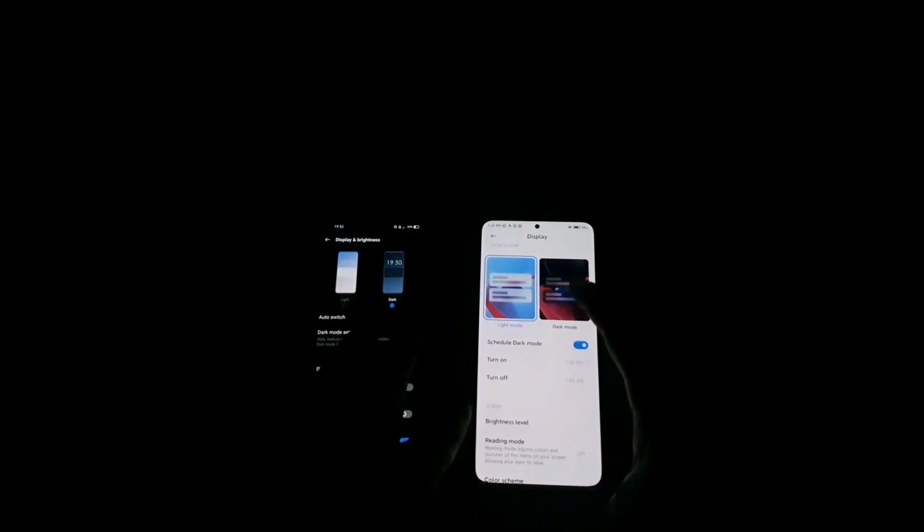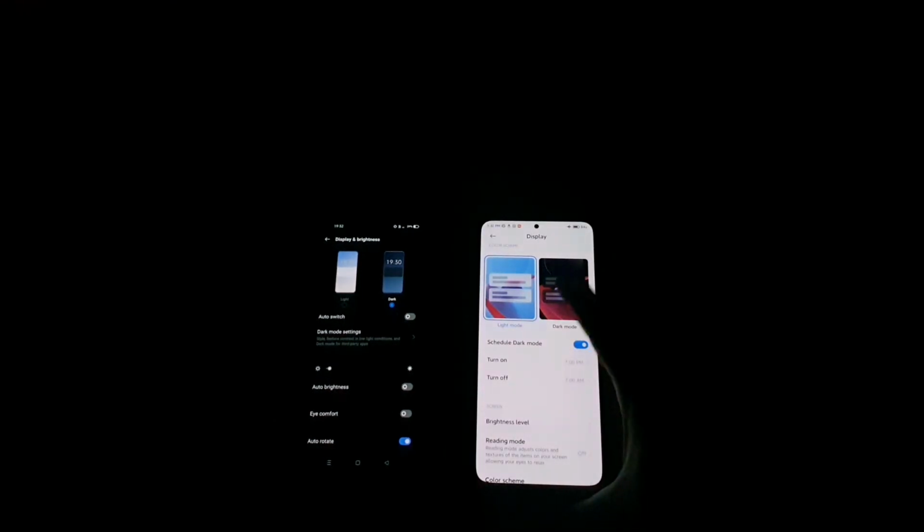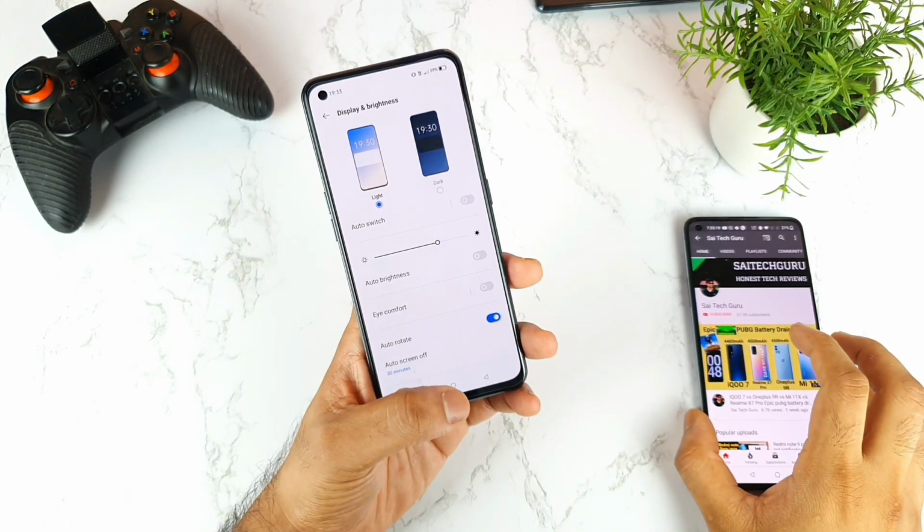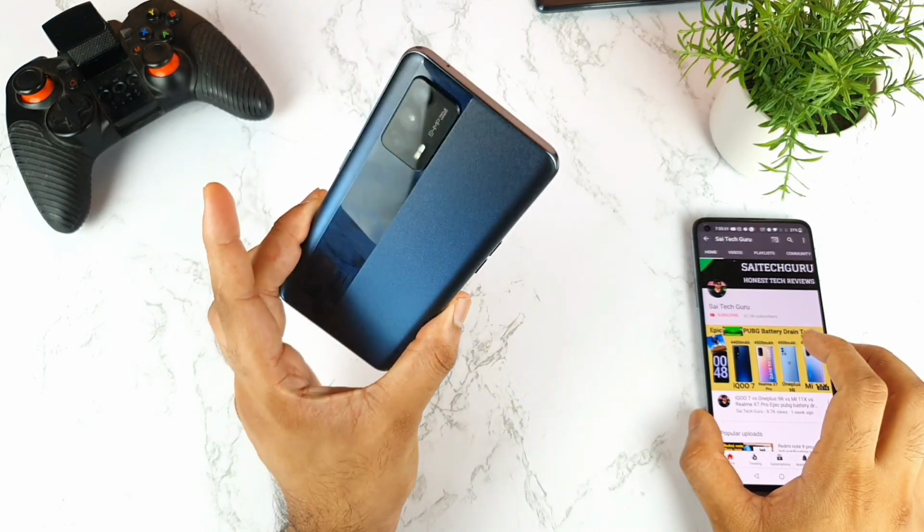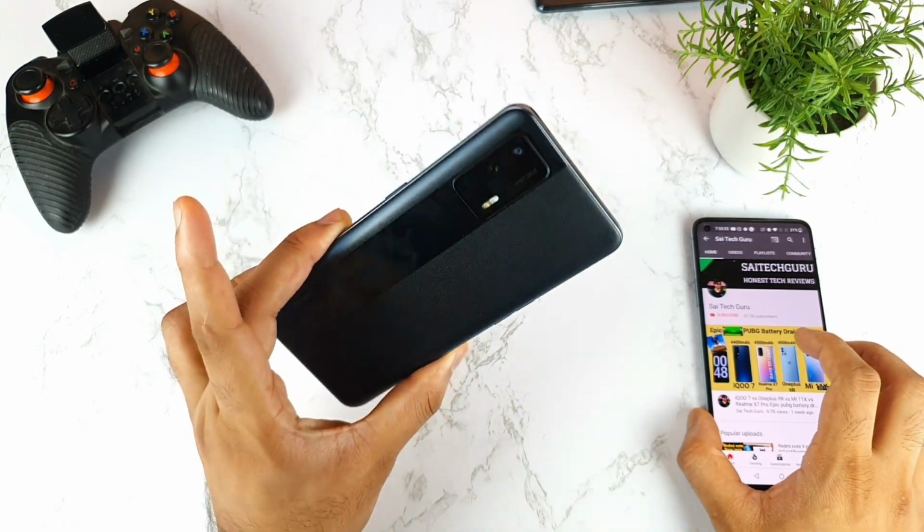I tried testing on the Mi11X device, same thing. Even in the Mi11X you can see some kind of green, but more green on the top. This is what I wanted to compare in the end. Overall, friends, there is no green tint issue going on in the Realme X7 Max until now. That is what I observed.